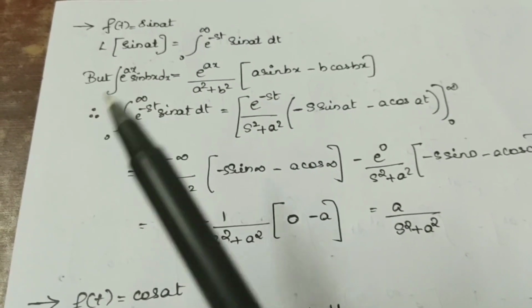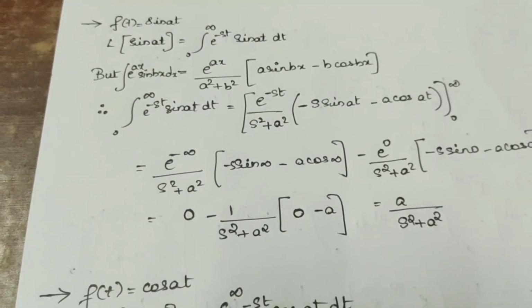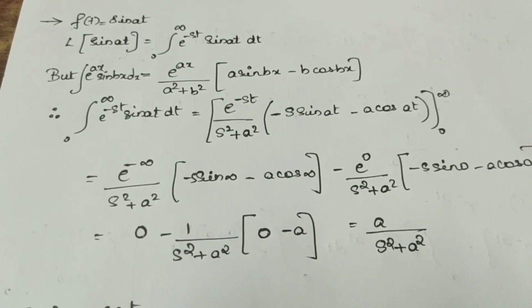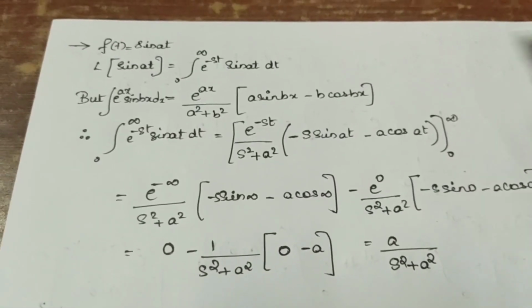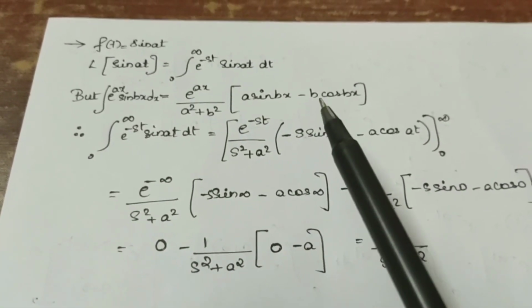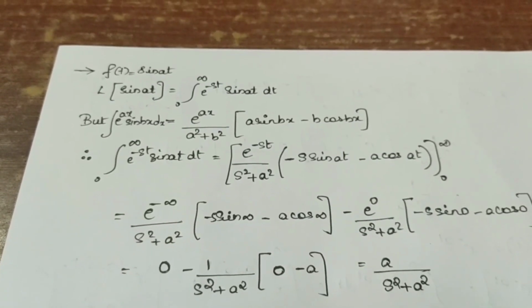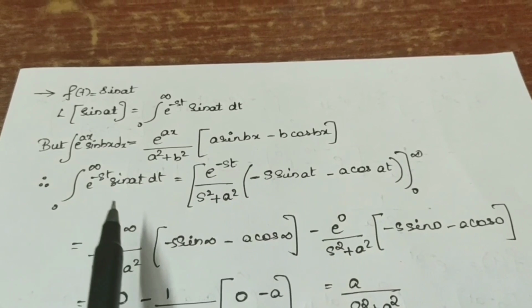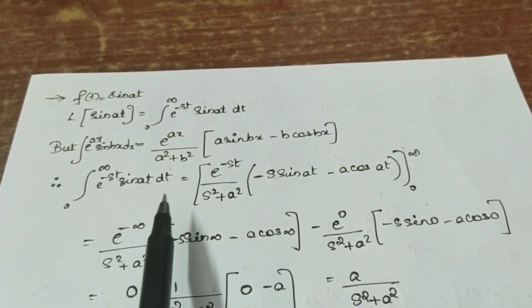So it states that the integral of e raised to ax sine bx dx is equal to e raised to ax by a square plus b square into a sine bx minus b cos bx. Let's apply this formula. So we'll get the integral from 0 to infinity of e raised to minus st sine at dt equal